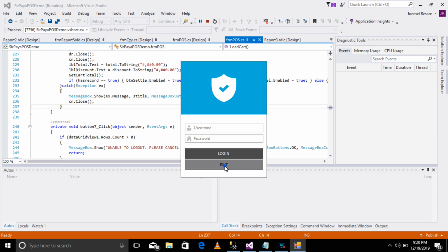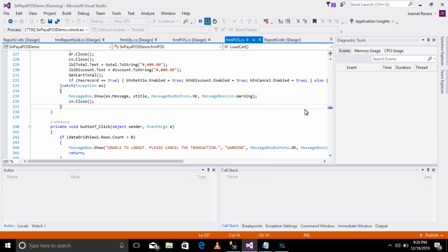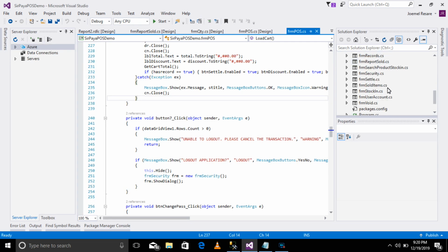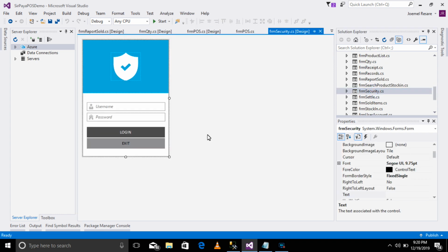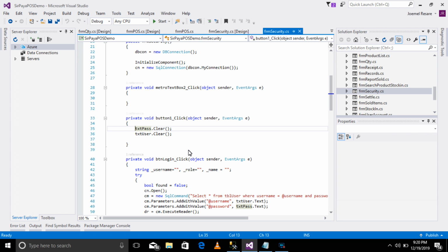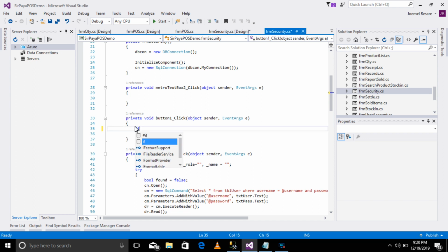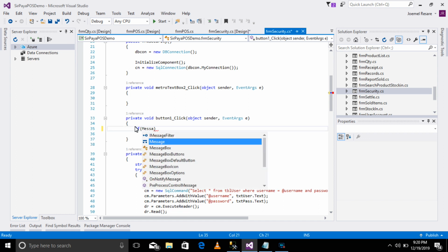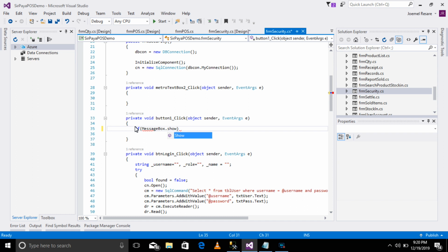Dito, wala siyang code. So, lagyan natin ng code yung sa logout niya. Dito is security and logout. So this is not clear. So put natin to: if MessageBox.Show, exit application,